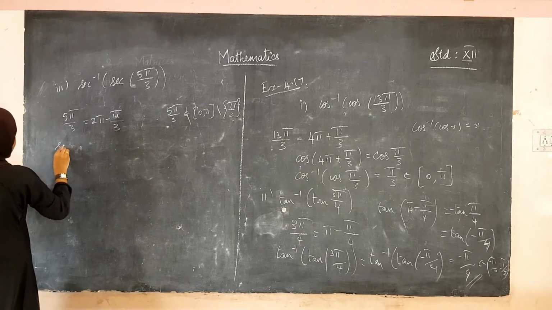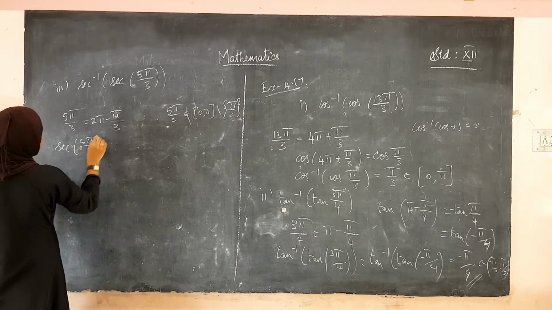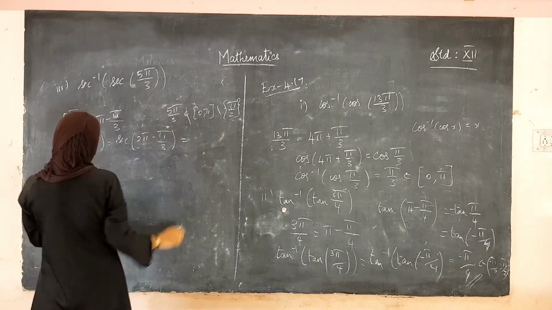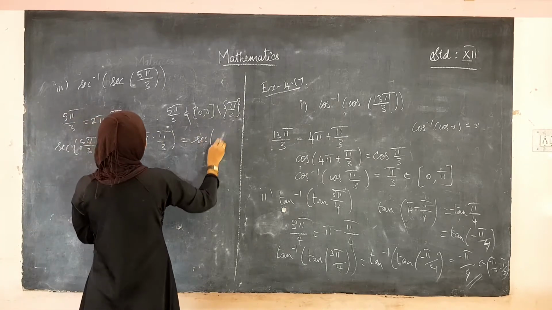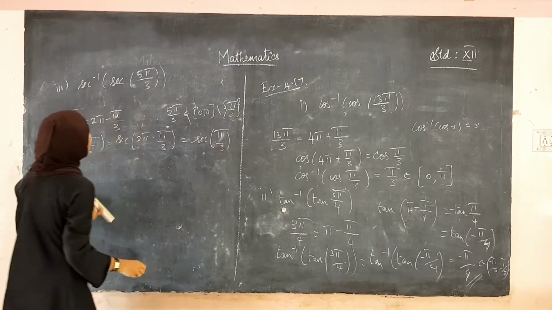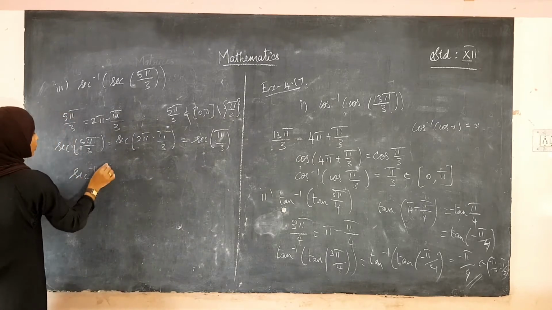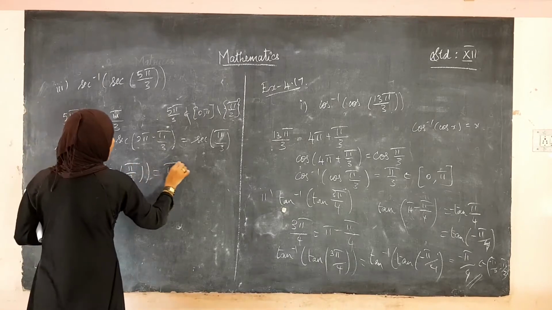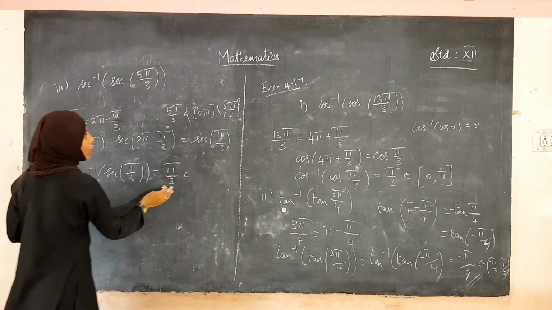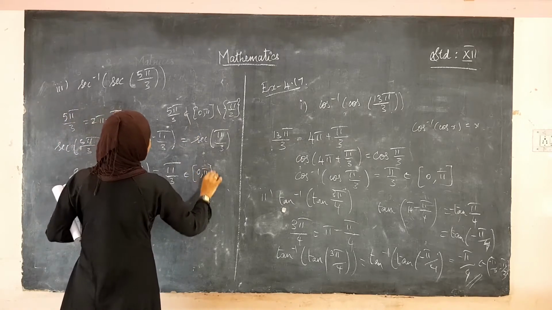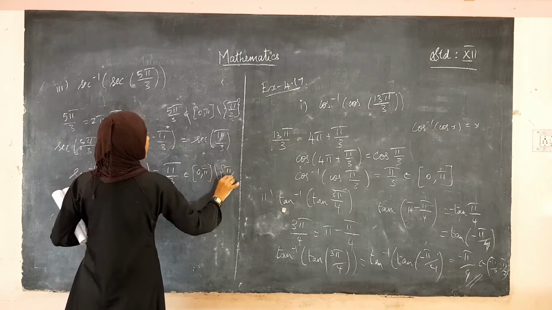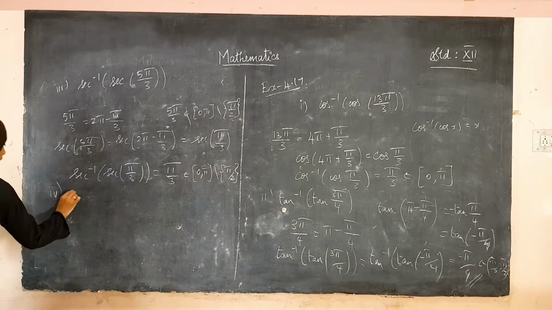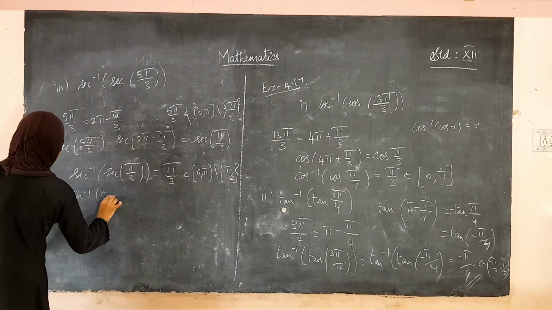Then what happens? Secant of 5 pi divided by 3 is written as secant of 2 pi minus pi divided by 3. This is equal to secant of pi by 3. Then after using this property, secant inverse of secant of x is x. Secant inverse of secant of pi by 3 is equal to pi by 3. Surely we know that pi by 3 belongs to this range, that is 0 comma pi, restricting the pi by 2 value. So pi by 3 is the answer. Now the fourth subdivision, sine inverse of sine of 10.